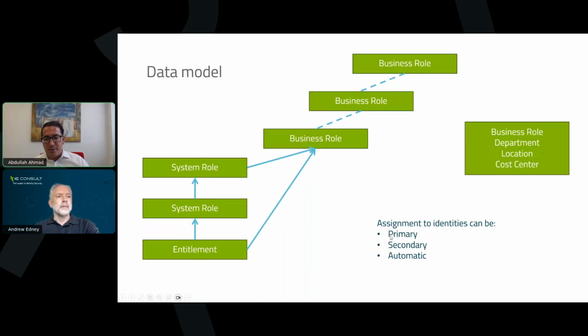The first way is primary assignment of those objects to the identities. That means it is coming from a source system, for example, HR system. Secondary means it has been assigned to the user by request processes or maybe manual process, if somebody has assigned the user to the department manually, for example, an administrator, which he should not do, but it is technically possible. The last way is, of course, creating a dynamic rule to make sure that the user is automatically assigned or revoked from those objects by fulfilling a certain condition.